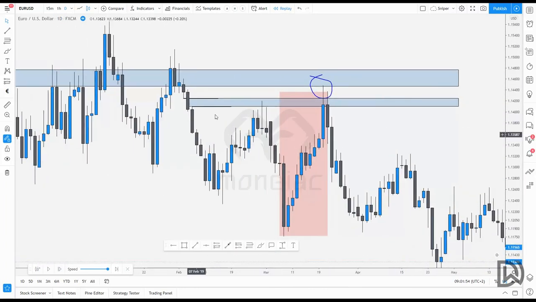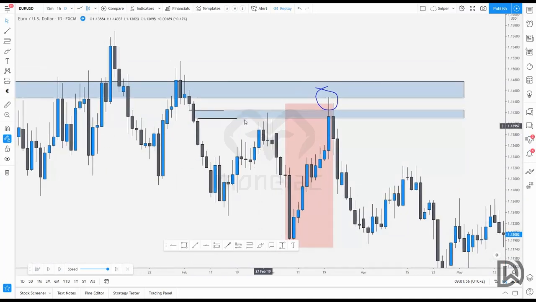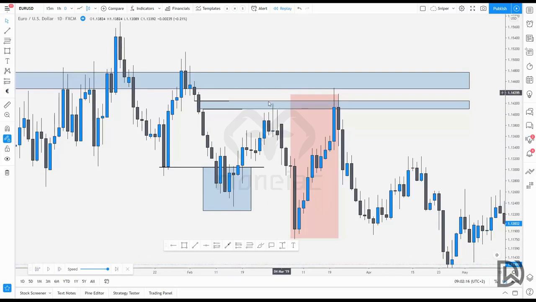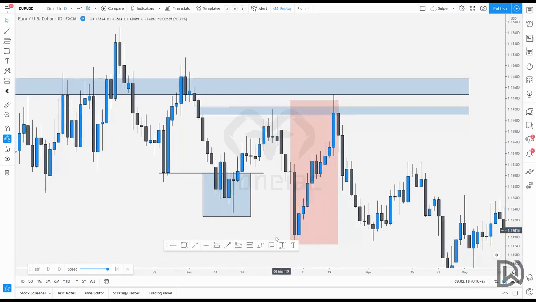So we can see price pulling back towards it. Here on the daily, remember we're on the daily, we had a clean low. The low was taken out. So we had this low, the low was taken out, we had this push, and then price pushed up into this imbalance,